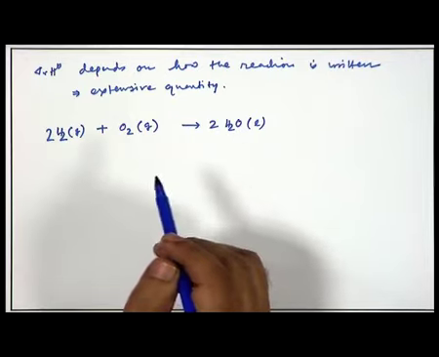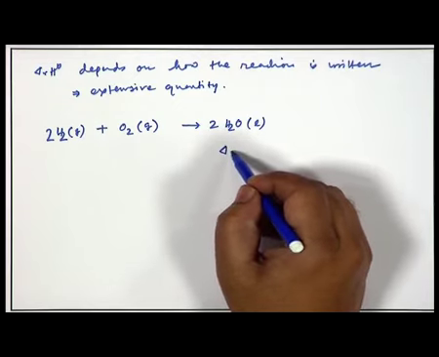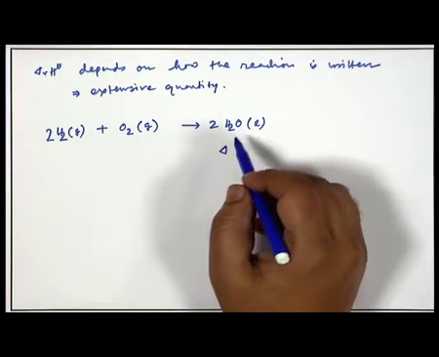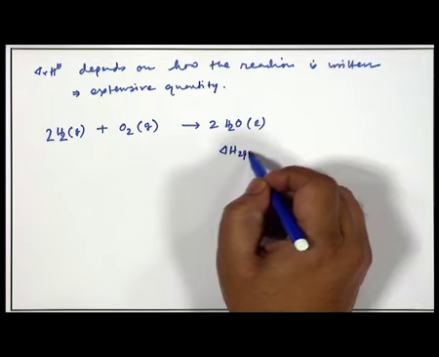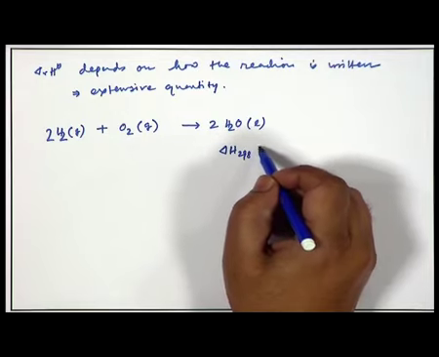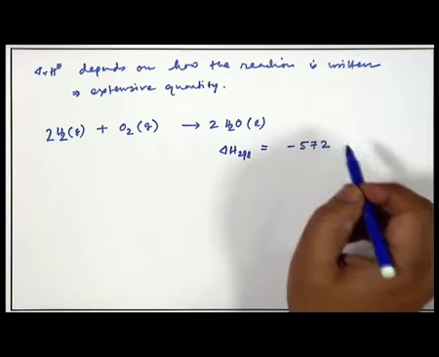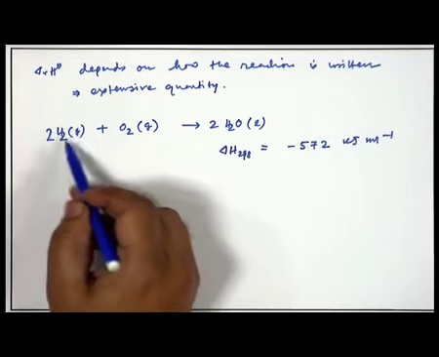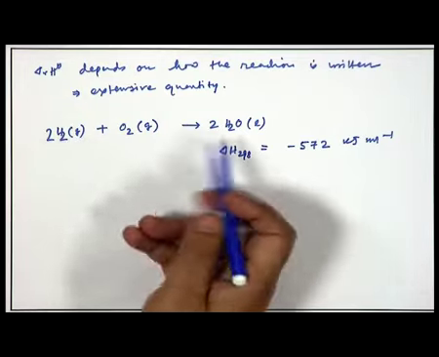So, once you check it is a balanced equation, the delta H value, the heat change or heat of reaction of this reaction at 298 K is given by minus 572 kilojoule per mole. Now, if we consider all these hydrogen, oxygen and water in standard condition in this reaction,